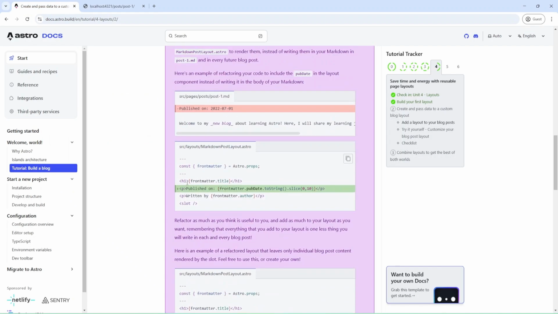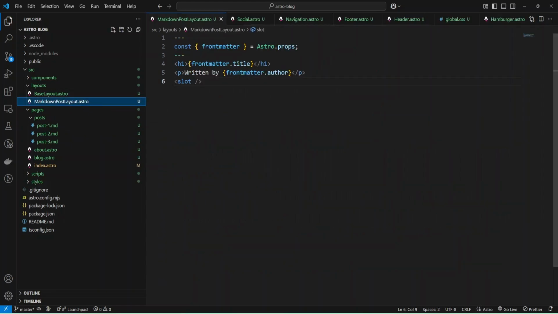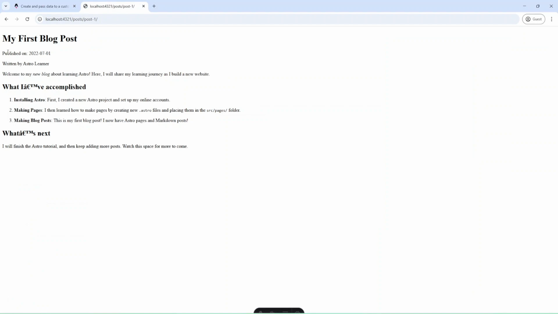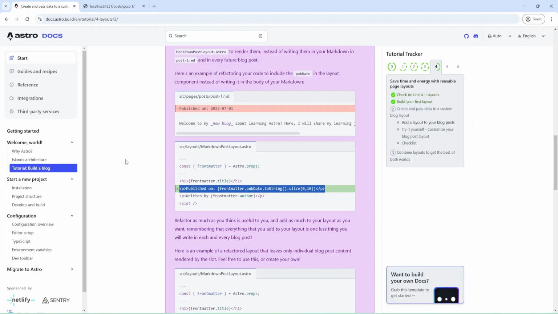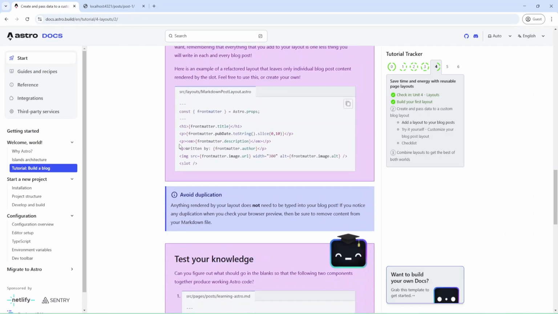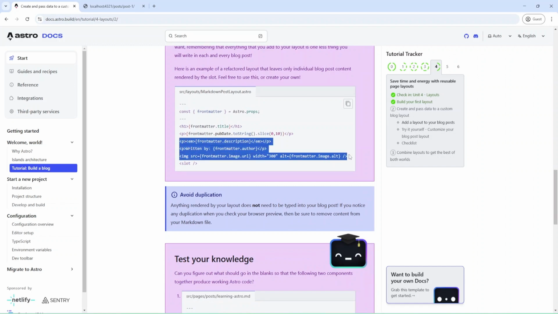And we can add this published date to our layout file below the title. Okay, and let's check. As you can see, we have the published date. And we can add the remaining code here.